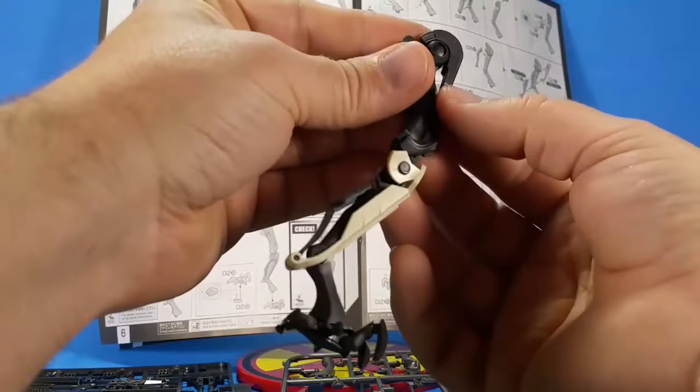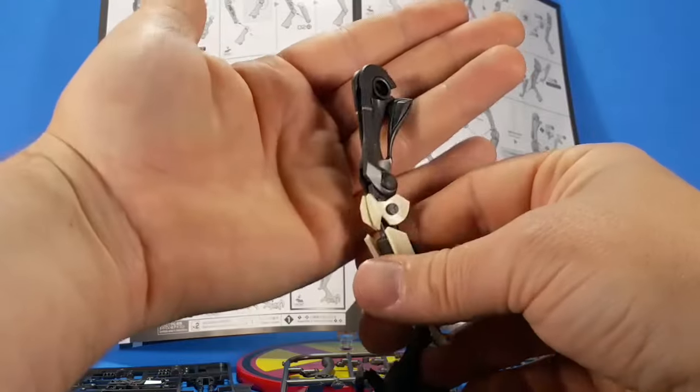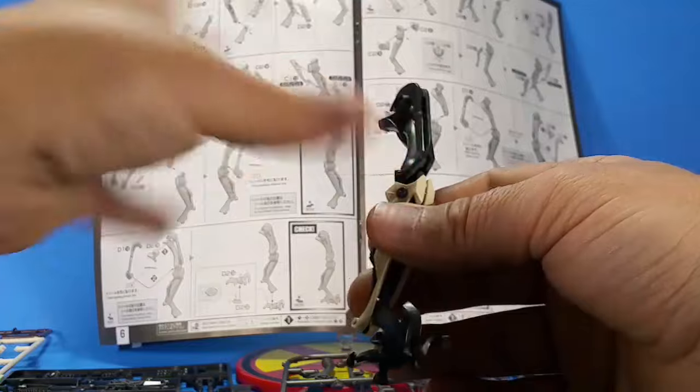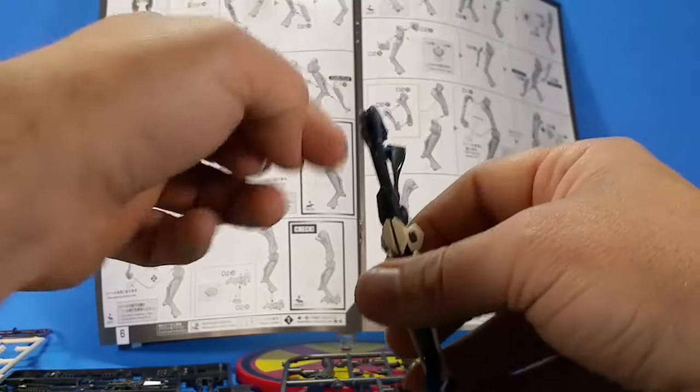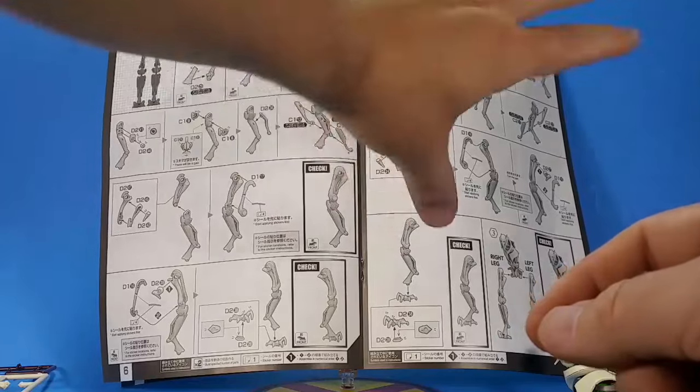It also says to put these 2 silver decals on before putting the parts on. I recommend doing that. Unless you're painting, if you're putting the decals on, it's easier with those parts off because it wraps around the piece. Okay, if you get over to the left leg and it feels like it skipped a step, it did, kind